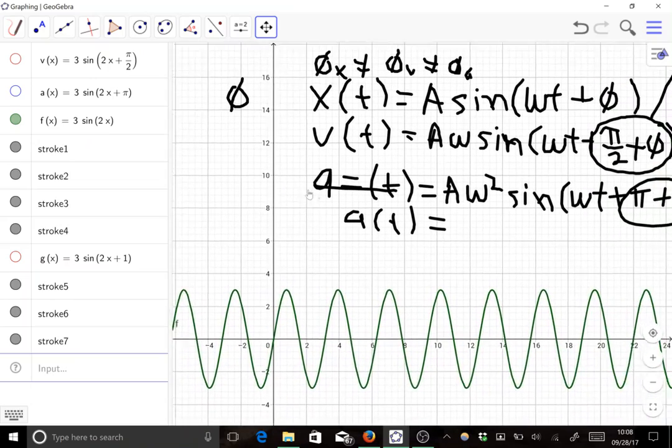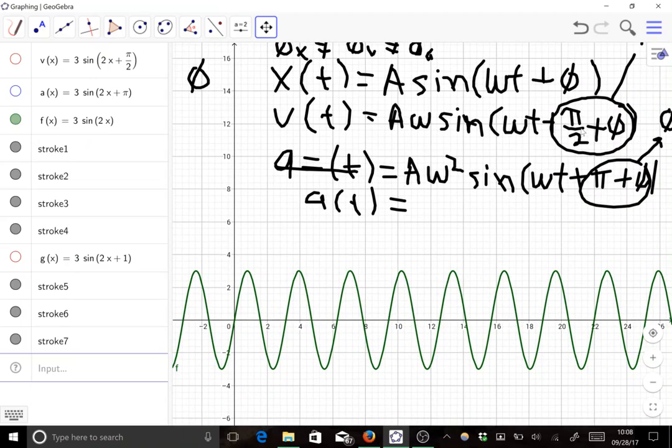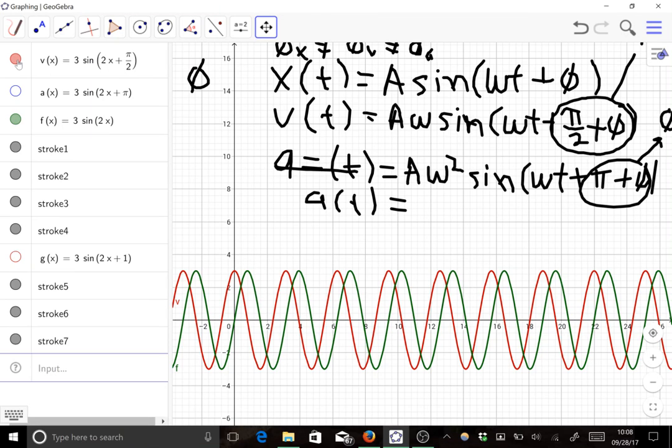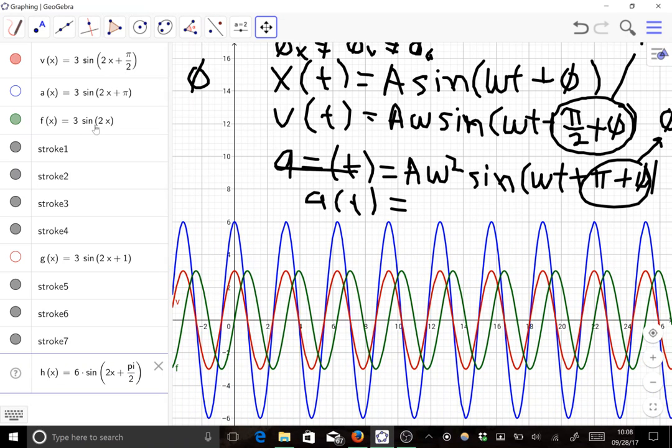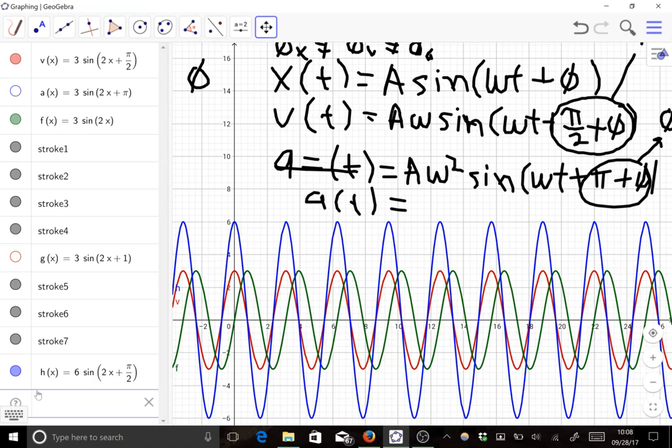Let's look at what that looks like graphically. So we've added pi over 2 to the phi of x. And so I'm going to plot velocity here next to position. Now technically, if I want to be super accurate, the velocity should actually be equal to 3 times 2, so it should really be 6 times sine of 2x plus pi over 2. That's what it should really look like, but for the sake of visualization,